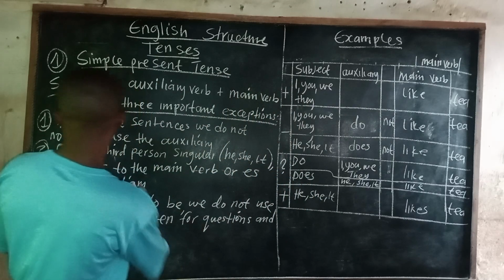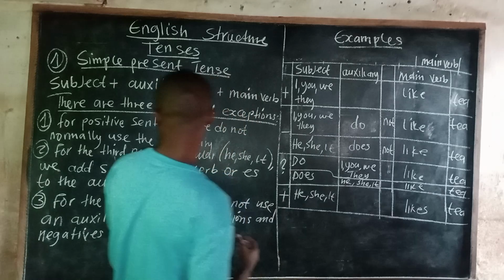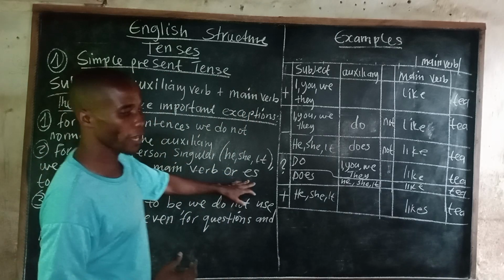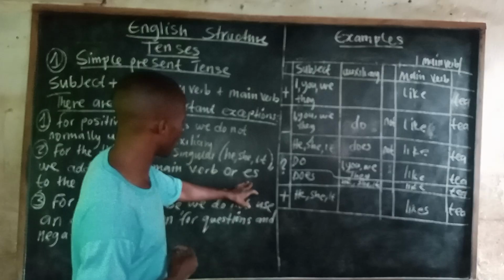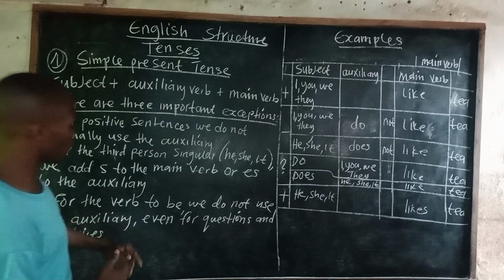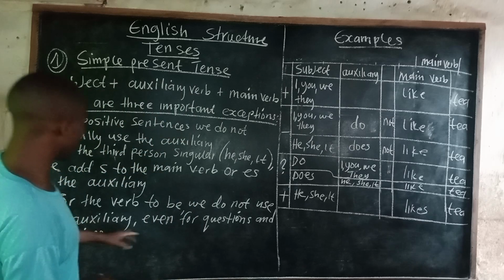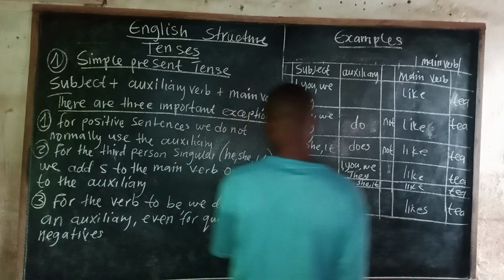When we are talking of the third person singular, we have to add s or es to the main verb. Then three, for the verb to be, we do not use any auxiliary verb, even for questions